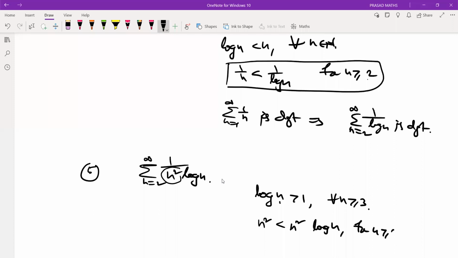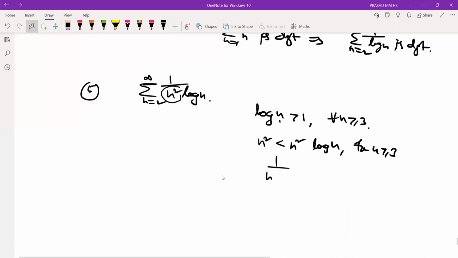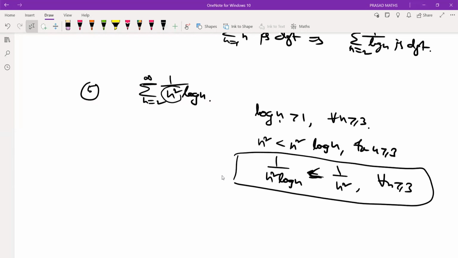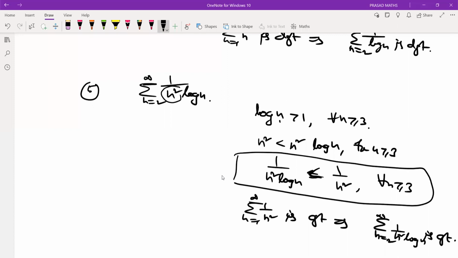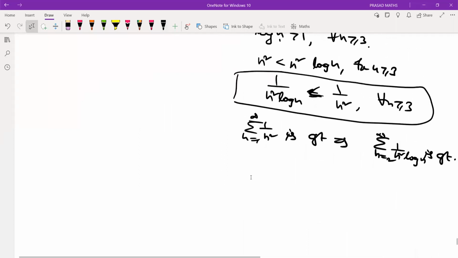Therefore, 1 by n square log n is less than or equal to 1 by n square. This is true for n bigger than or equal to 3, so we have an inequality for comparison. As you know, the right side is convergent by p test. Therefore the left side is convergent, so 1 by n square log n is convergent. This is about using the comparison test. Suppose you have a problem